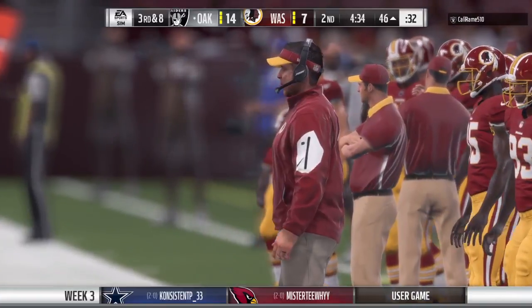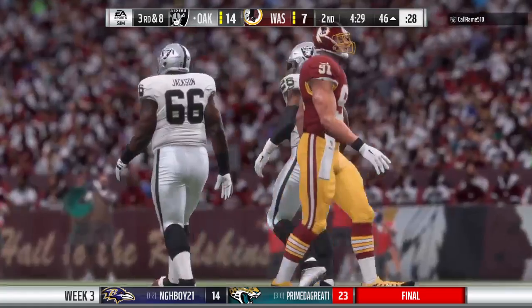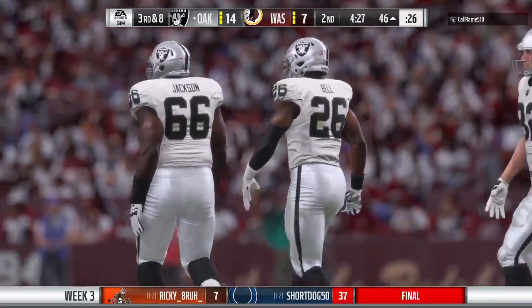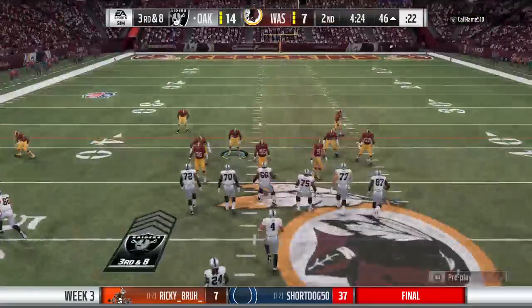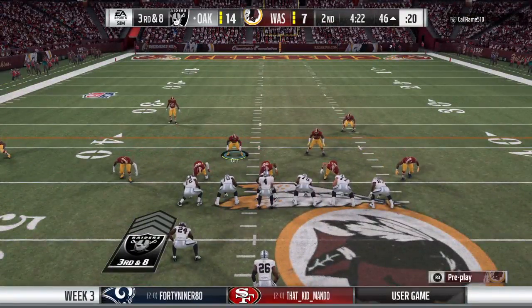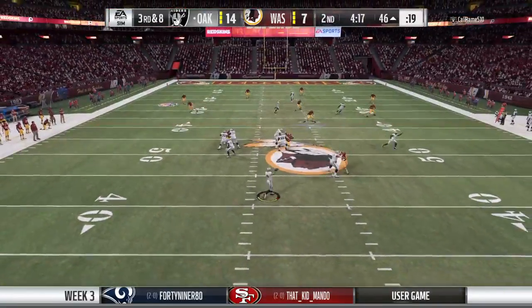In order to play really good run defense when you're playing a 3-4, those 3 guys up front, the nose tackle and the guys they call the defensive ends, they're usually big, big people because they're going to have to eat up a lot of blockers because it's usually 5 on 3. And when they do their job well, guys who play on the inside, those inside linebackers, they will just roam